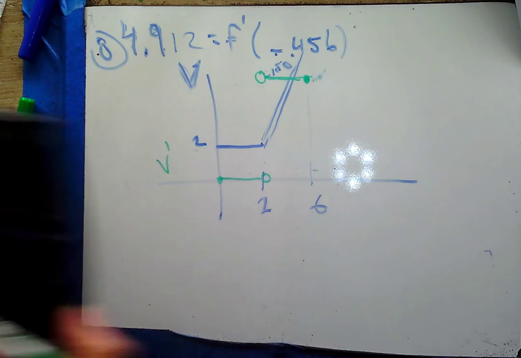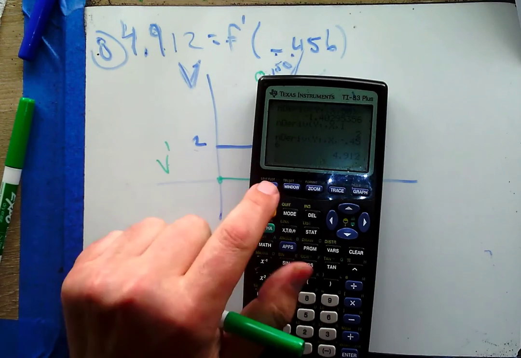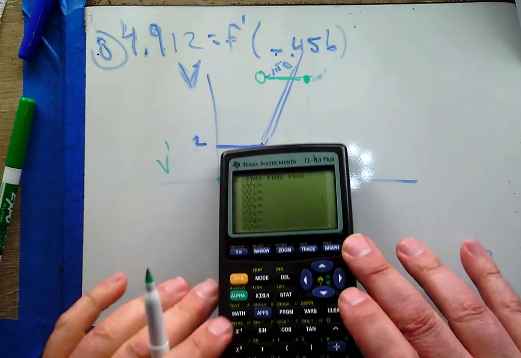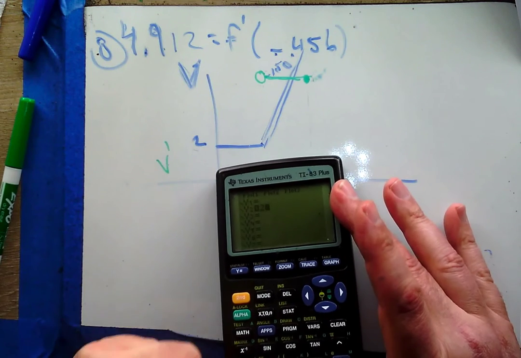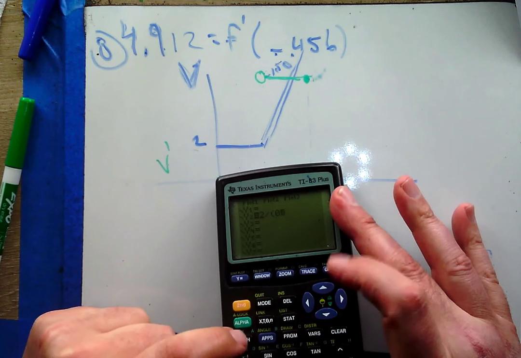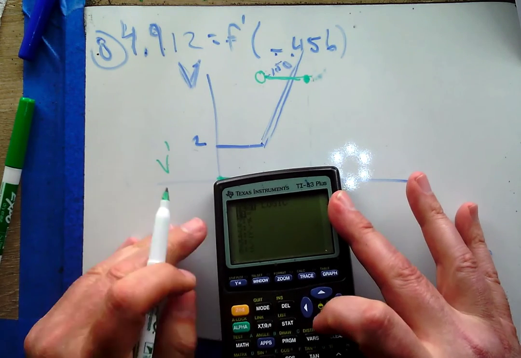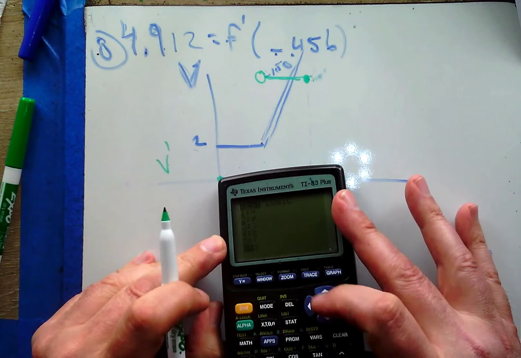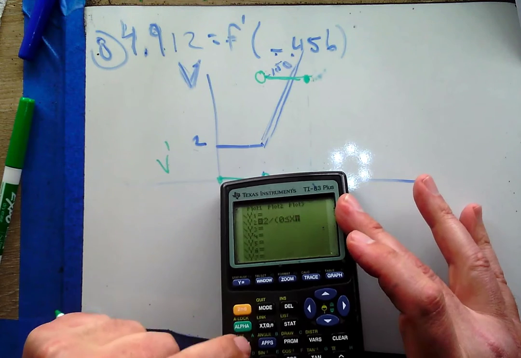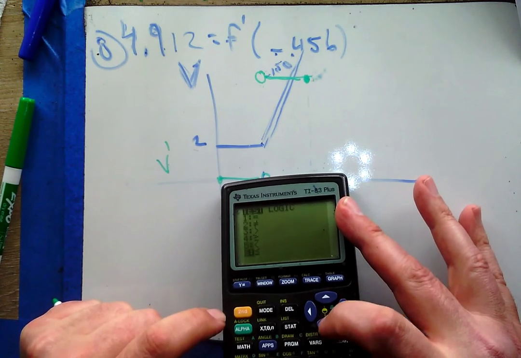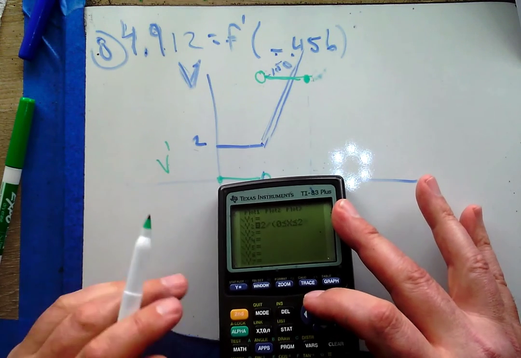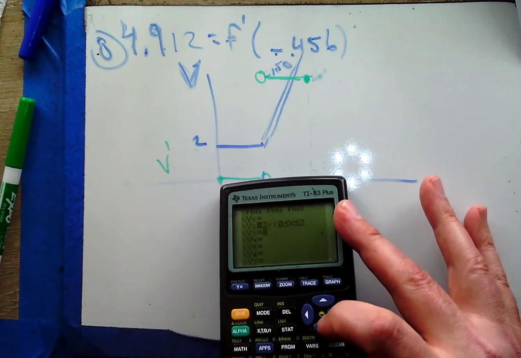Alright, well, let's see if we can do that. That means we have to type in this piecewise function into y equals. So let's do that. We've got 2 divided by 0 is less than or equal to x, which is less than or equal to 2. And then the next piece is